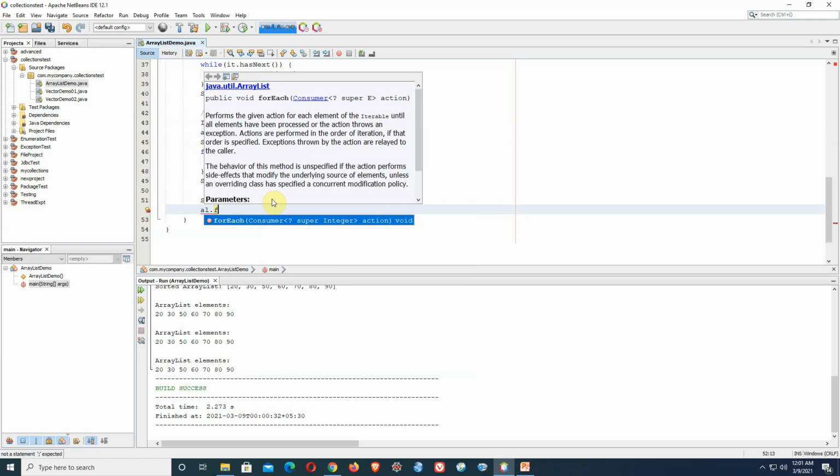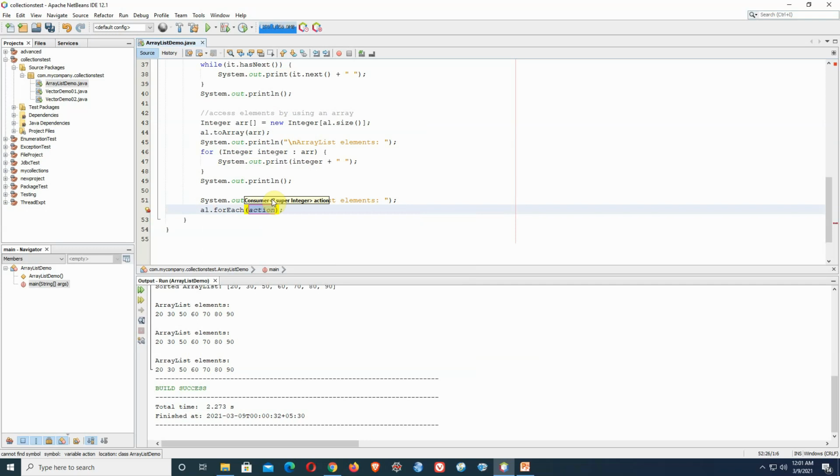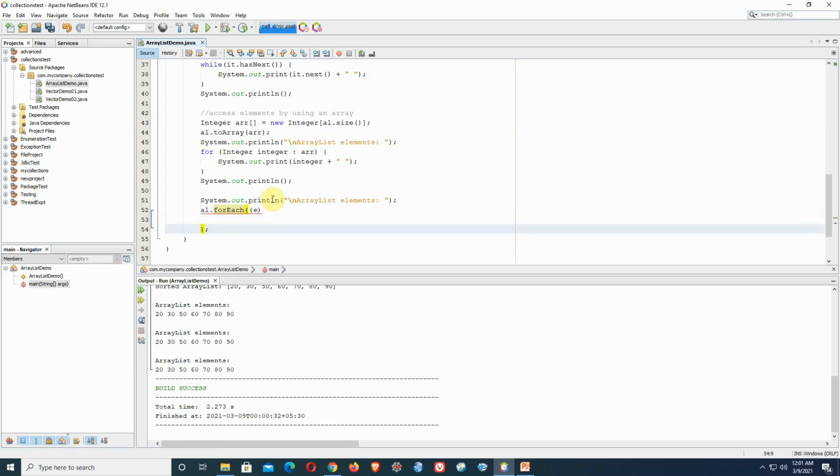So now I'll be using this method to access the elements of the array list one by one. So here I can use the lambda expression. So now I am writing here, suppose it is E. So E denoted by, that means, so that is the rule that I am going to write.